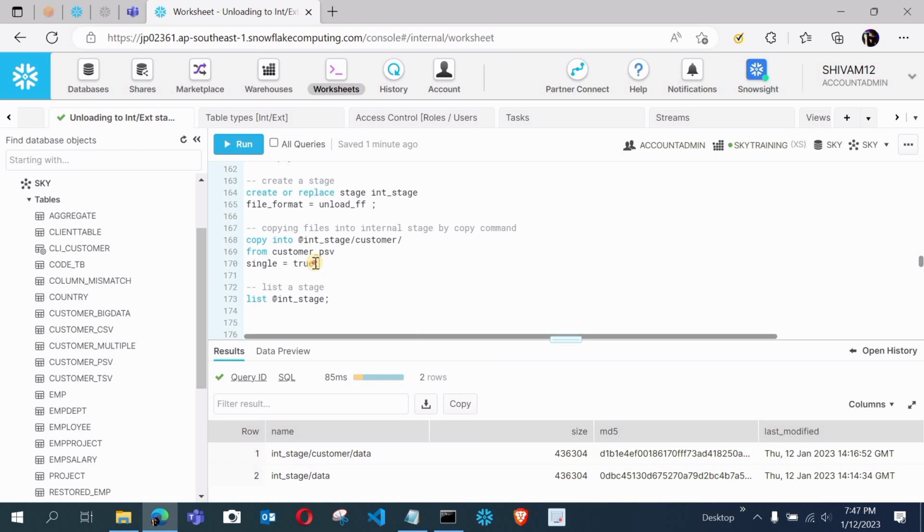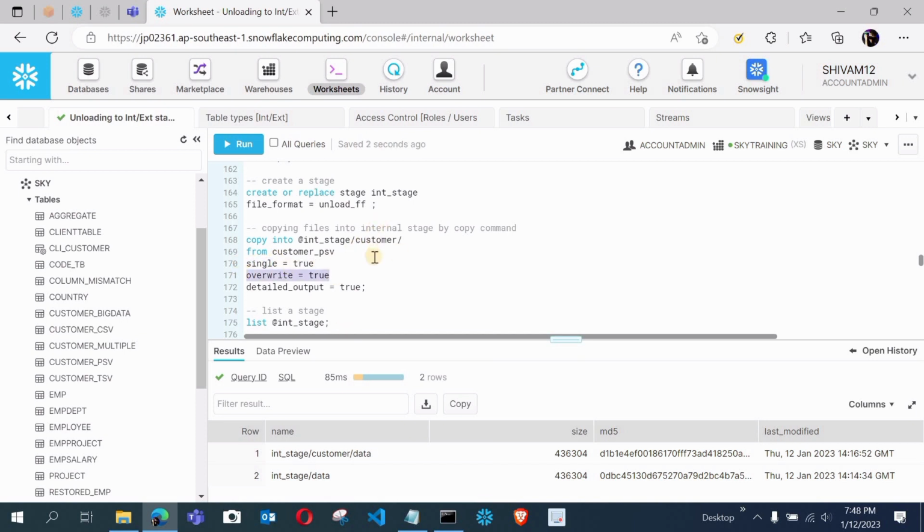You can use one more property here, overwrite. Let me show you about the overwrite property as well. Overwrite equals true, and after that let me give that property as well, detailed output equals true, sorry guys, detailed output. It will show you the detailed output. What we are doing is creating a single file and overwriting.